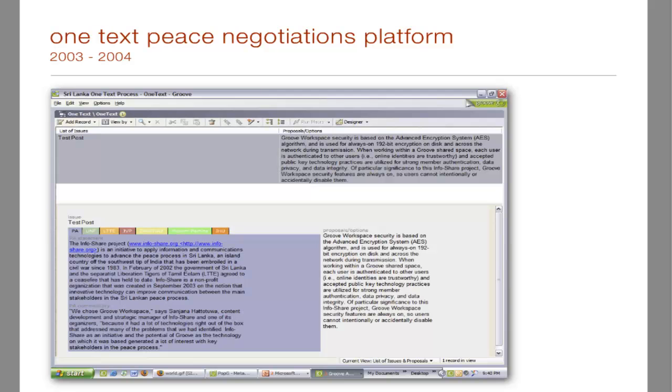And so, to cut a long story short, again, it so happened that there was a process called the One Text process, which is a negotiations mechanism, a way of conducting negotiations. You can Google it and find out what the exact nature of it is. Essentially, you get the conflicting parties to agree on a single text over a period of time that can then be the basis of either a ceasefire agreement or a peace agreement. And so while this has been done in the real world, what we did in Sri Lanka was to map